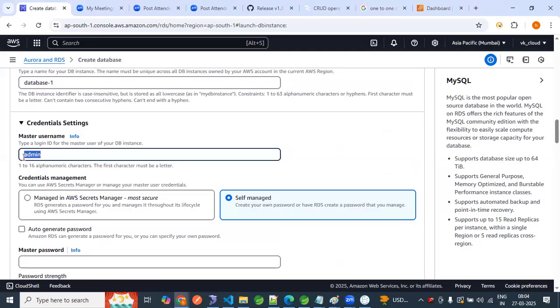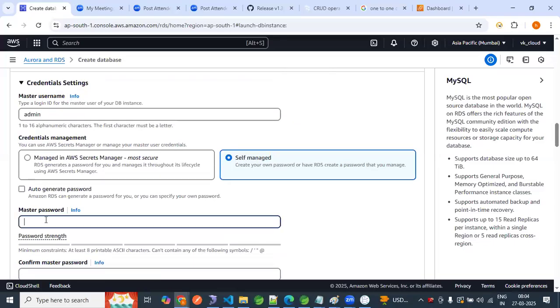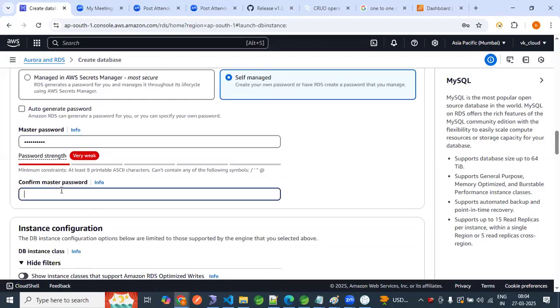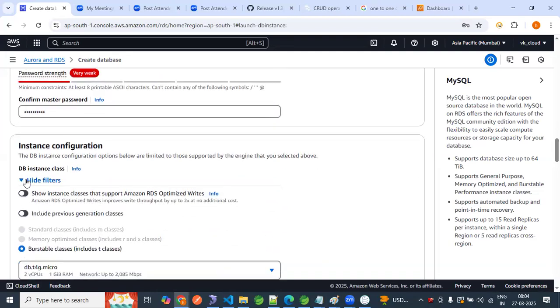Then the username is admin. Either we can create an auto-generated password or we can give our own. I am giving my own password, a simple password so that I can memorize and recall. This is the password I am giving. Fine. Now, after that,